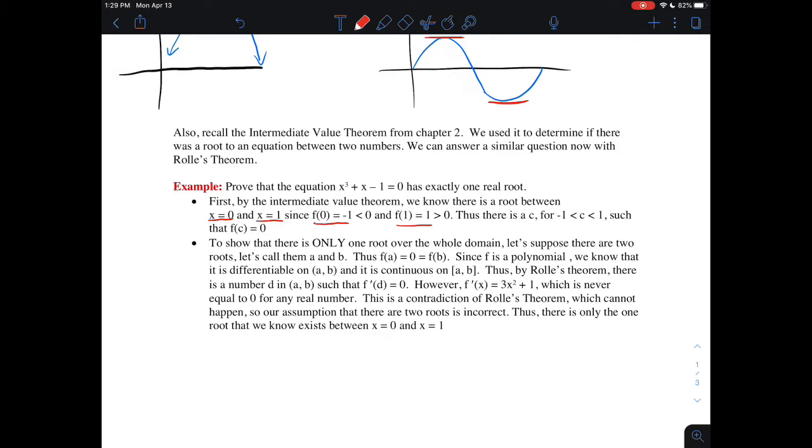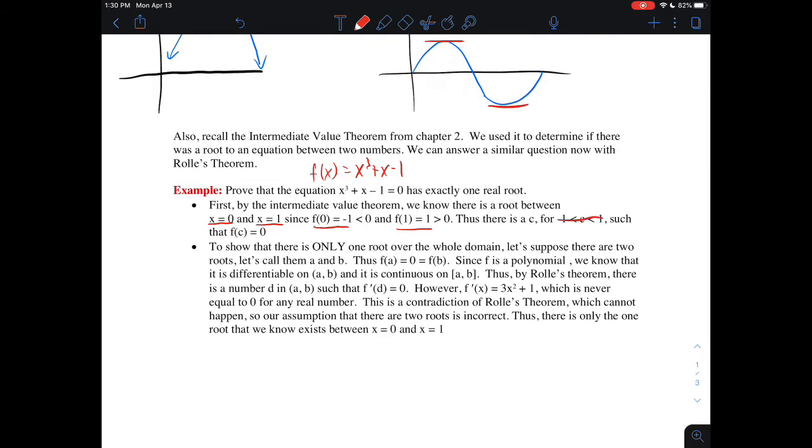So I see that f of 0 is negative 1, and f of 1 is 1, which means that f of x equals x cubed plus x minus 1 has to cross through the horizontal axis at some point. So there is a value c, between 0 and 1, such that f of c is equal to 0. So now what we want to show is that there is only one real root. So we want to show that there's only one root over the whole domain. So we just found that there is one between 0 and 1, but we want to show that that's the